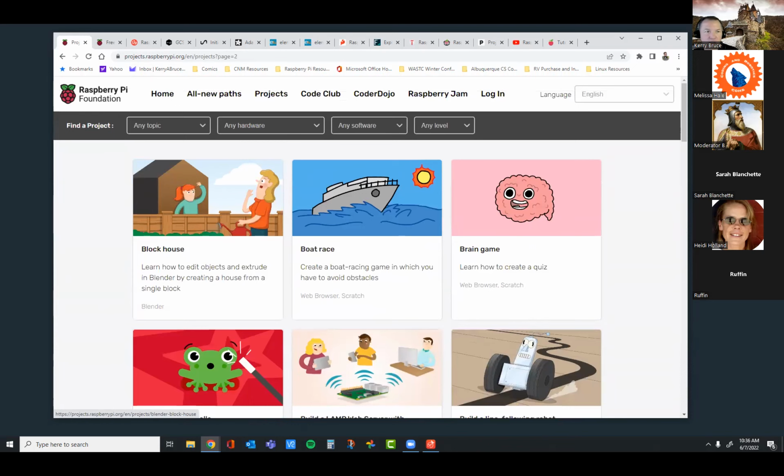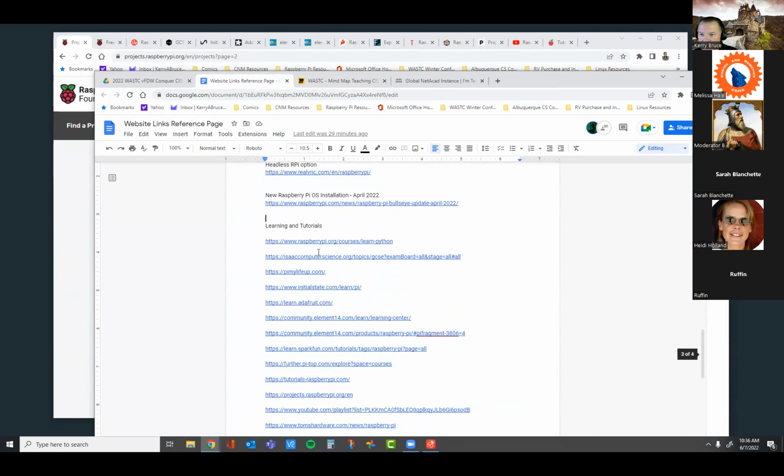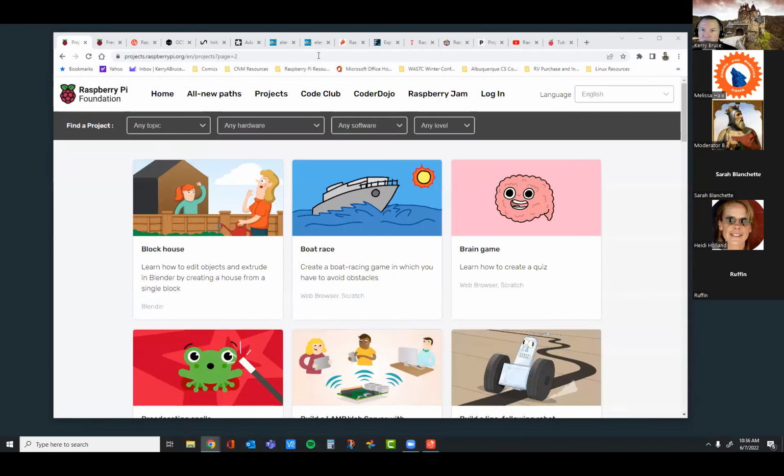So that's the first page, and then all of these pages are stored. I've put all of these links, so if you want to get to the links, they're all right here. So I think we're going in order. No, I moved things out of order, but all of the links are here for all the pages I'm going to show you today. Okay, so that's the first place I would look.